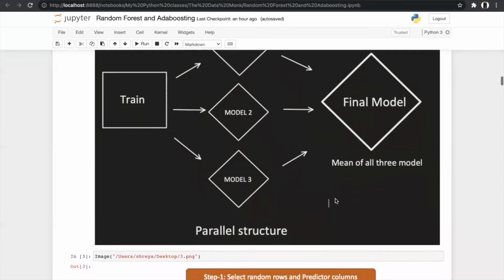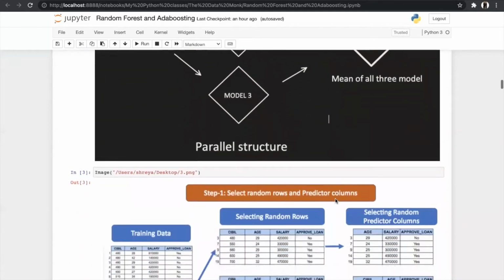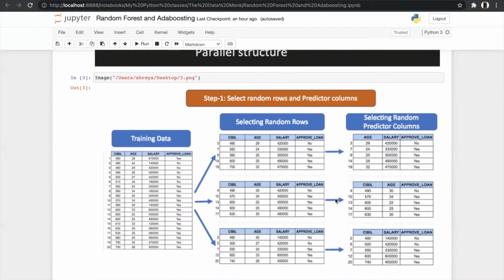Then after that you may be thinking: if our model includes a number of trees, then how can they differ if the sample ratio is the same? So in random forest there is one more twist. As you can see in this training data, this is how our random forest works. From this training data we have three decision trees, and we have taken a different combination of random rows in each decision tree.